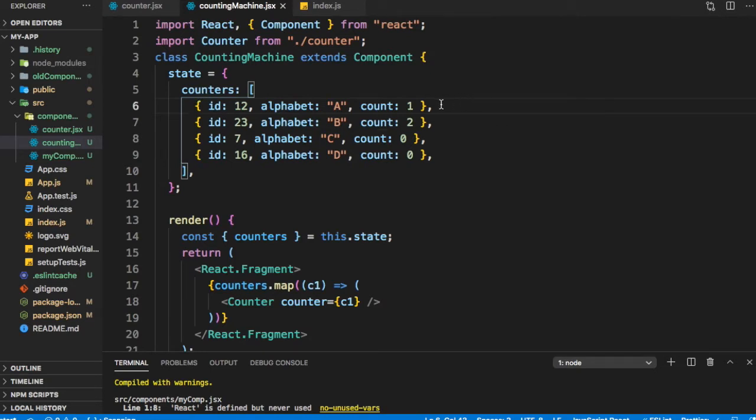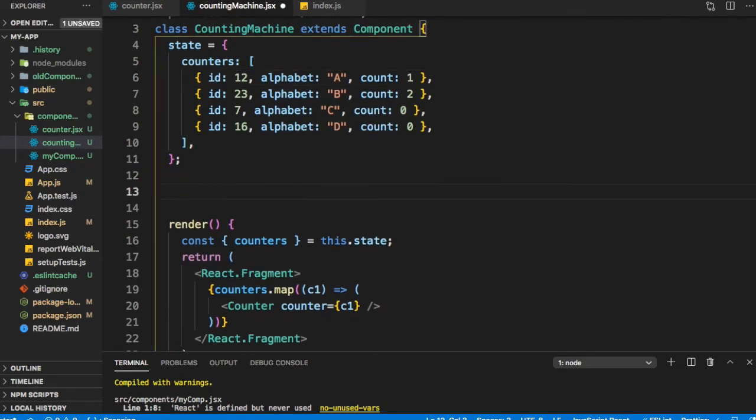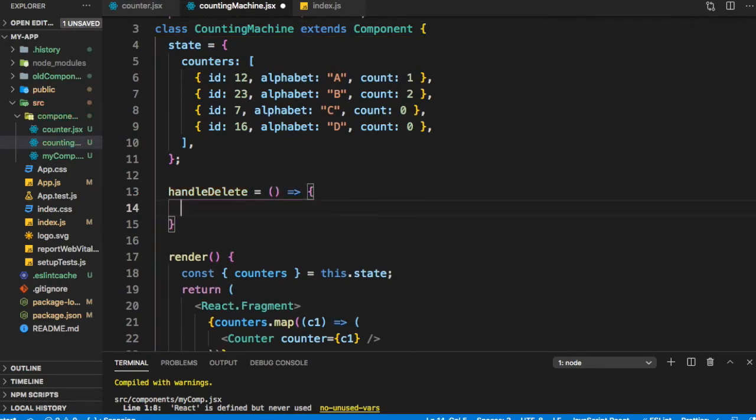So when we want to delete it, we would have to remove it from the state here. Because the state is local to this counting machine, we will create a function, call it handleDelete, and we will use that to delete this counter.